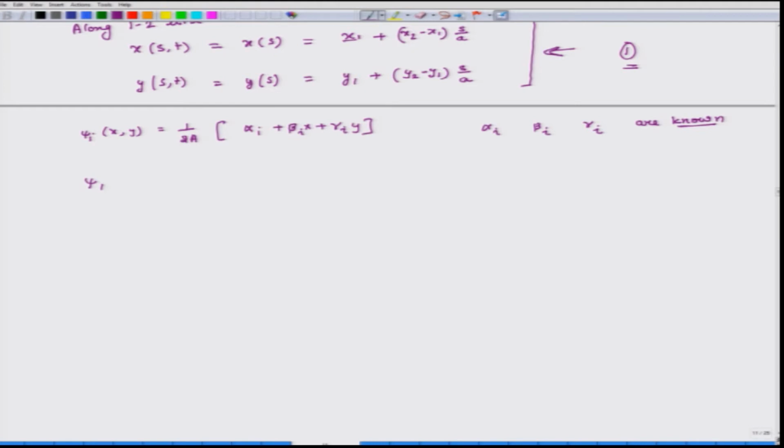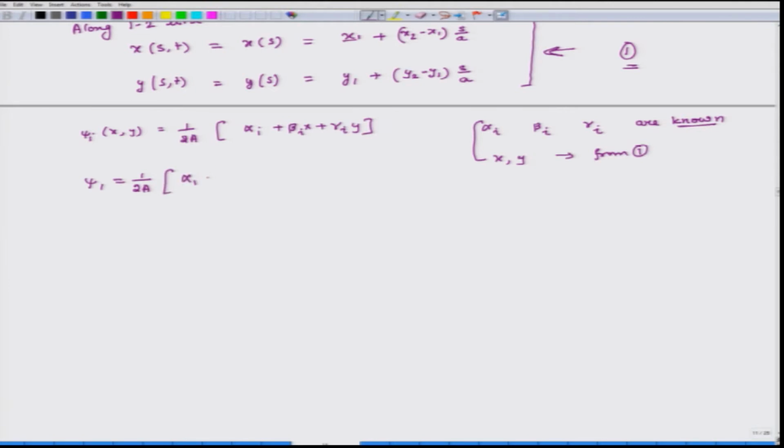They are known, and x and y we calculate from 1. So, using these two I can calculate psi 1, psi 2 and psi 3. So, what are the relations for psi 1, psi 2, psi 3? I will write down the relation for psi 1. If I use these substitutions, the relation for psi 1 is 1 over 2a